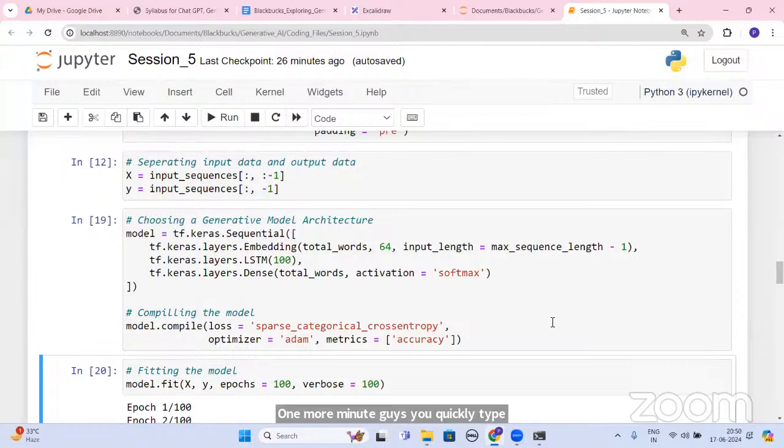And as I told you, you need to have some background of deep learning over here. If you don't have that background of deep learning, this is not going to be a simple task for you.